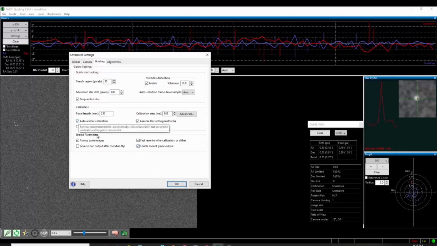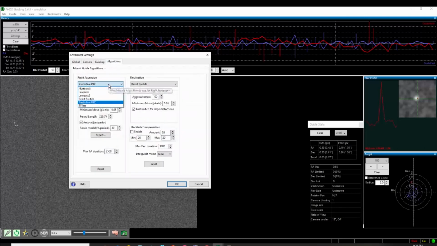So, okay, algorithms. For an AVX, predictive PEC reigns supreme. And you would think that you would want to set this to 600 seconds because that's the worm period. But I'll tell you, you would think wrong. It does work that way, and it does work pretty well, but it actually will work better if you do a PEC run, if you train your periodic error via either the hand controller or a program called PEC Tool and insert it into the hand controller. You upload your PEC curve into the hand controller and let it take care of the 600 second